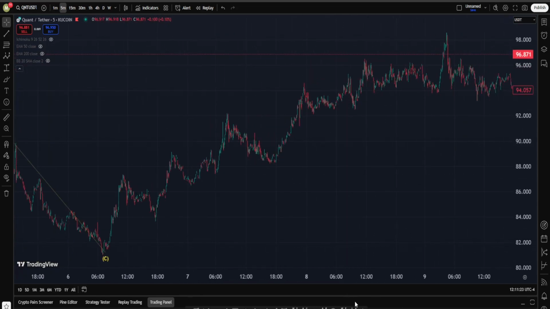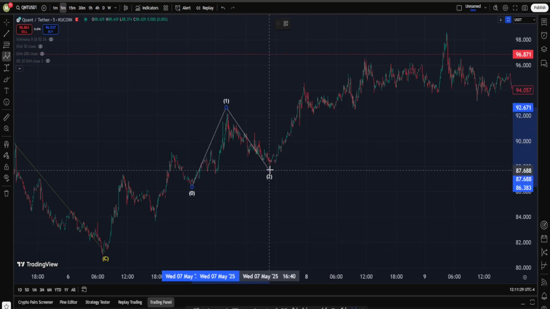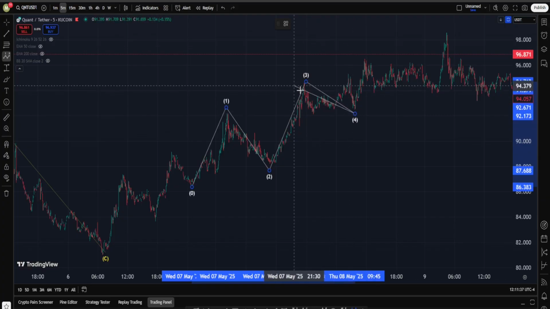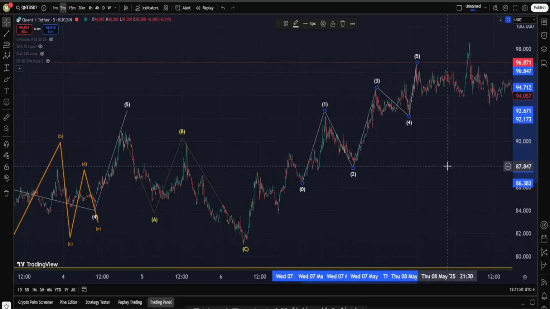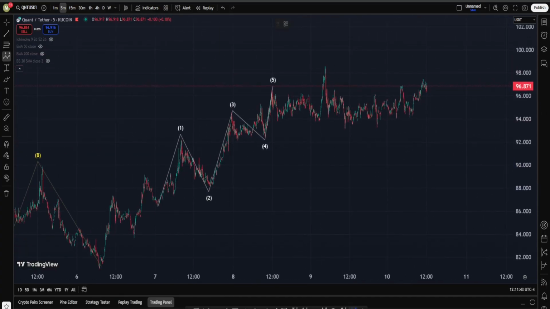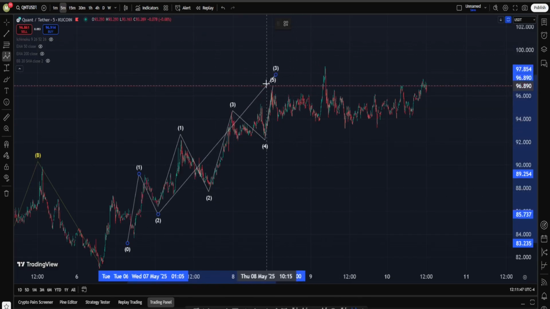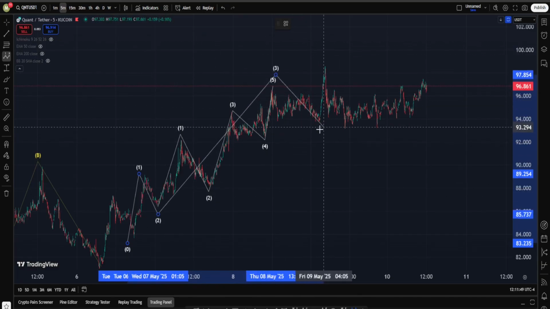So I want to start counting from this point because I'm thinking this is 1, 2, 3, 4, 5 into wave 1, correction for 2, another move into wave 3, and then starting from here, probably to about this point, this is an ABC flat into wave 4, and this is yet another move on the upside into wave 5, which on a higher degree might be into a wave 3,